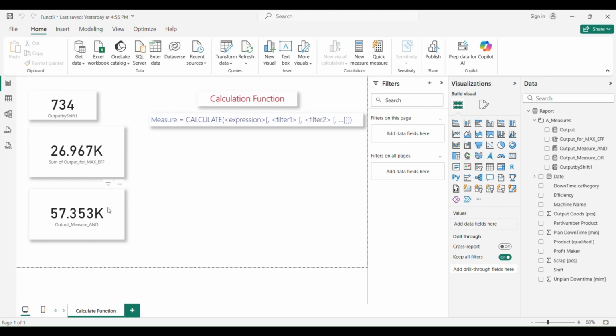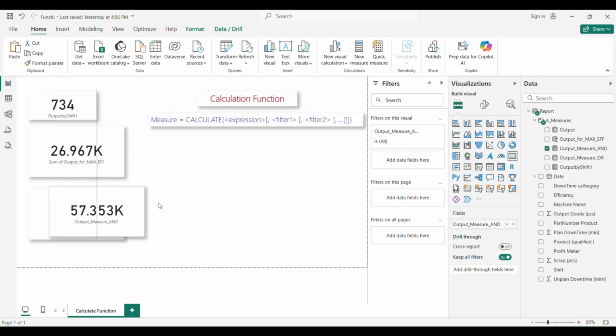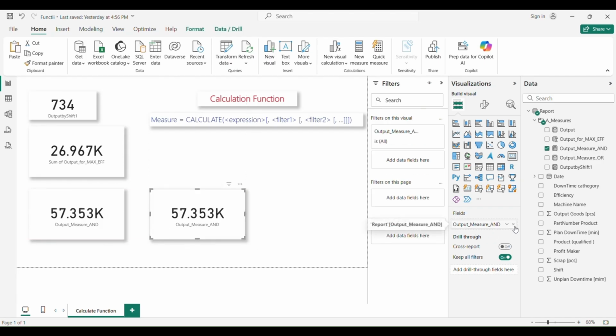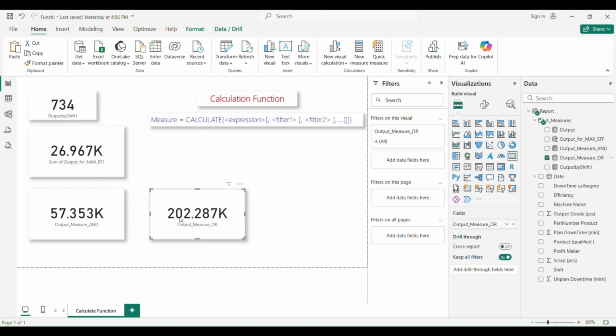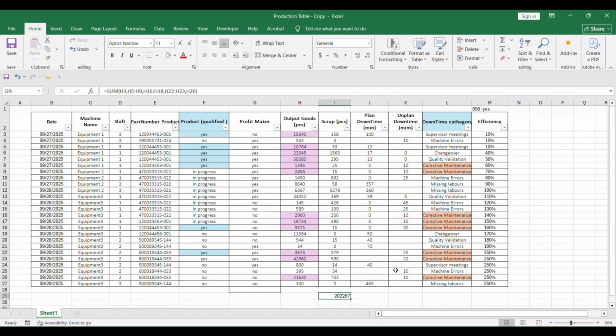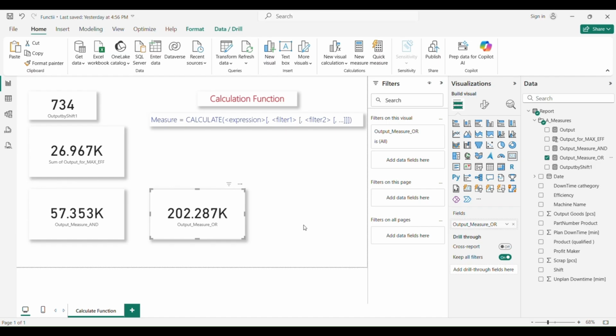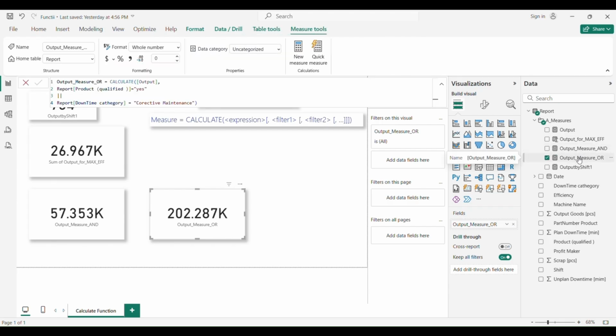So now let's make a new card, copy paste, and we add our OR function. So it is 202K, which is exactly as it is here. Good. Also, the OR function can be written with IN instead of two pipes. The result is slightly different in form, but the output is the same. So let me show you.